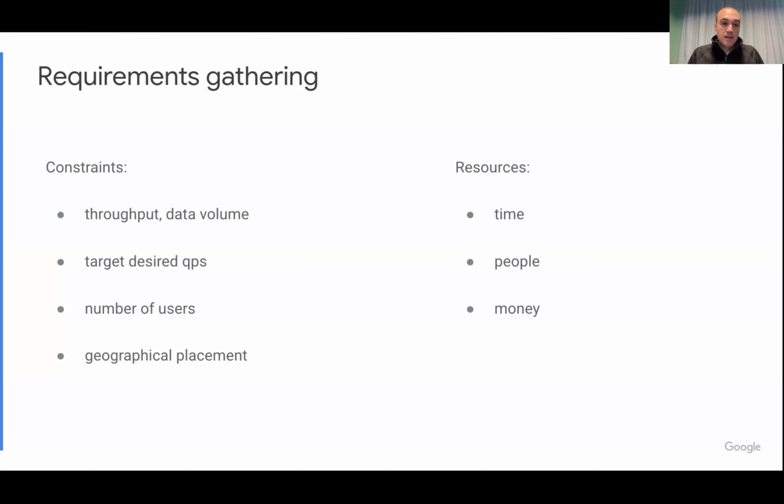The constraints you have are much more stringent, because you cannot just drop things in Europe. The people in the United States, for example, are going to have a transatlantic network pipe that they need to connect through. That's like 140, 135 milliseconds round trip time, right? So if you are making a few calls, that's very noticeable. If you're loading a gallery of pictures, you need to load all of them, right?